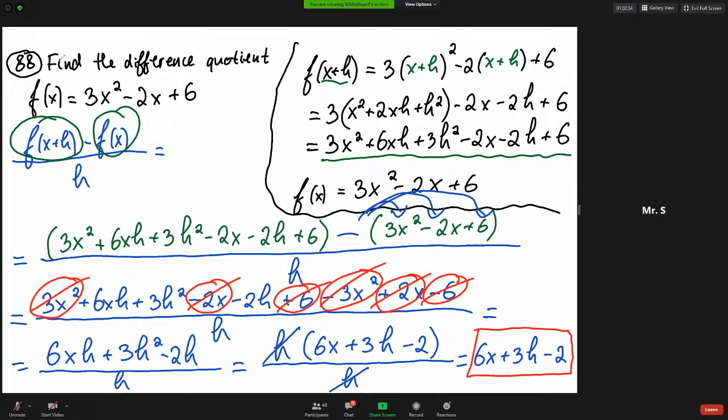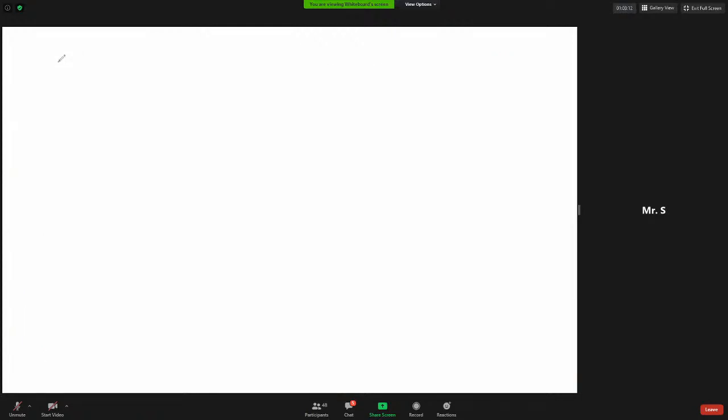All right, so that was our difference quotient. Some of the questions you might see in your homework will be even more algebraically involved. That could get pretty tricky, but give it a try. The next part of this lesson will deal with the concept of domain, but domain of a function